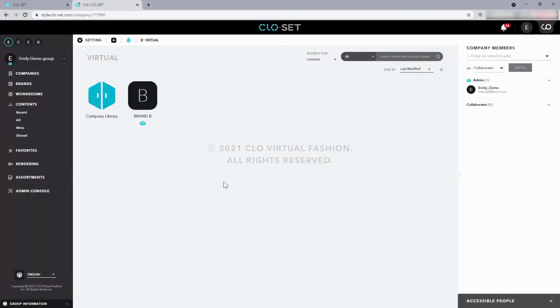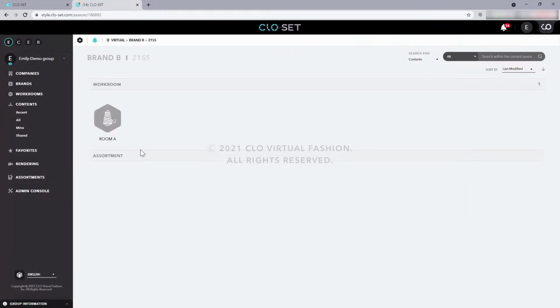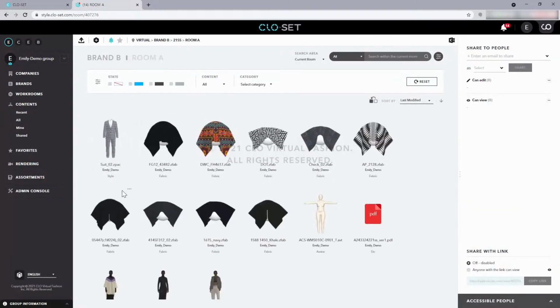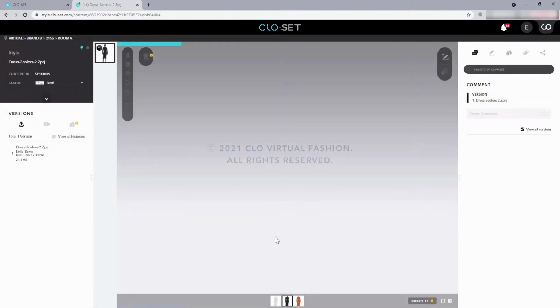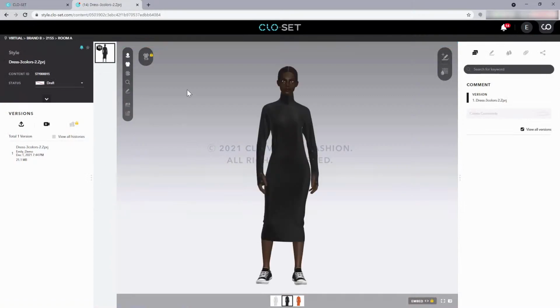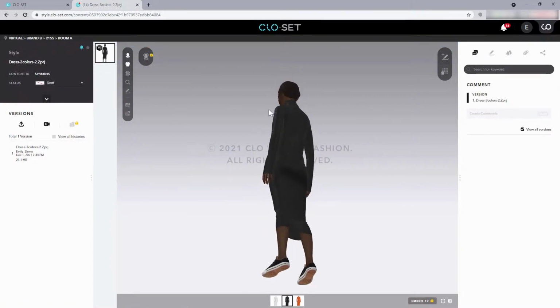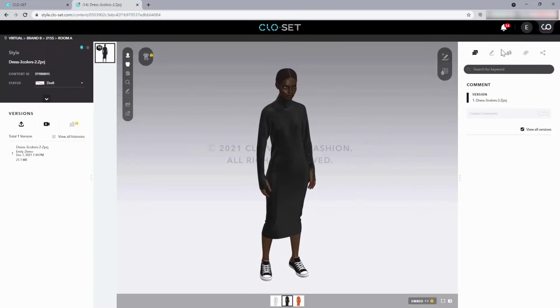Brands can be added to each group, seasons can be created within brands, and workrooms can be created within seasons. All 3D data and contents necessary for production and communication will be stored in this workroom. 3D assets uploaded to the workroom can be checked with a 3D viewer directly on the content page,